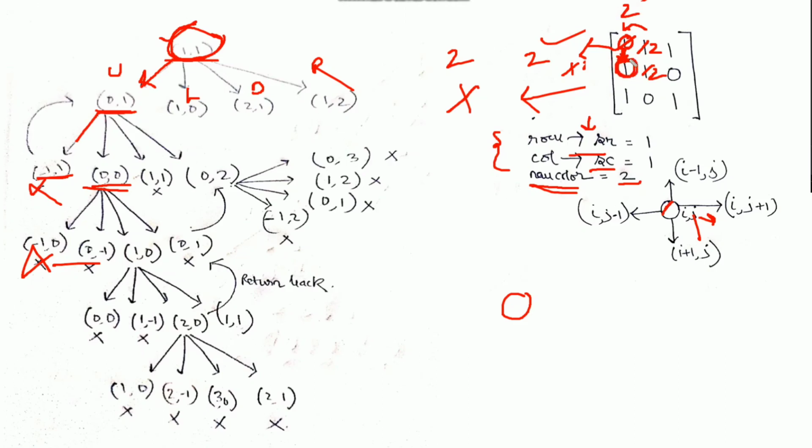And from this location, again we have 4 possible choices available. So we moved from 0 comma 0 to the 1 comma 0 location, and from here again we have 4 possible choices. That is 0 comma 0, not possible because in 0 comma 0 the pixel value has changed from 1 to 2, we have already visited and traversed that location, so we can't move to 0 comma 0. 1 comma minus 1, it's crossing the boundary. Now 2 comma 0, which means the downward direction.